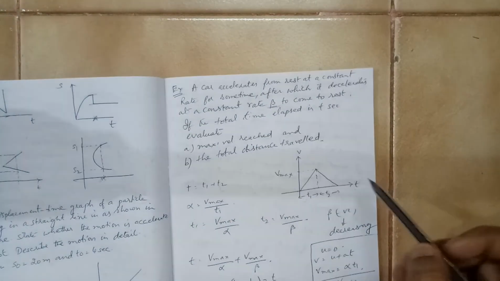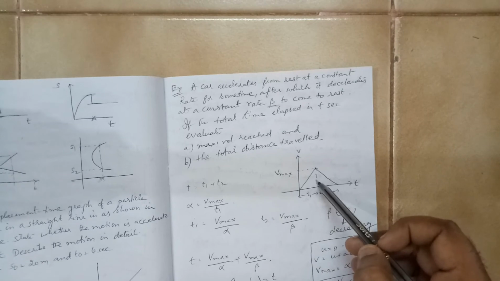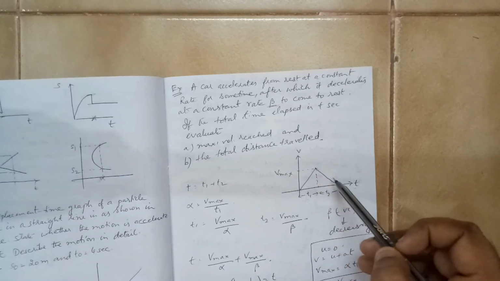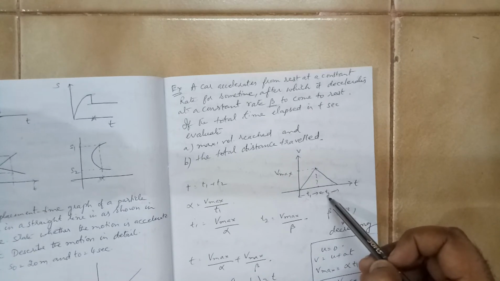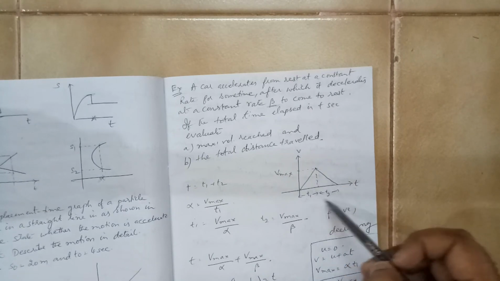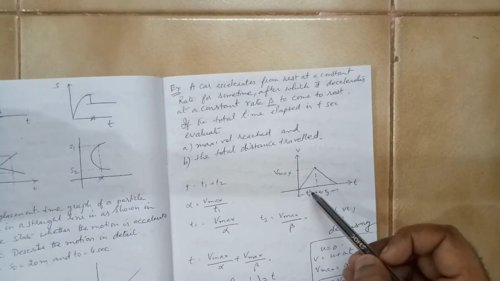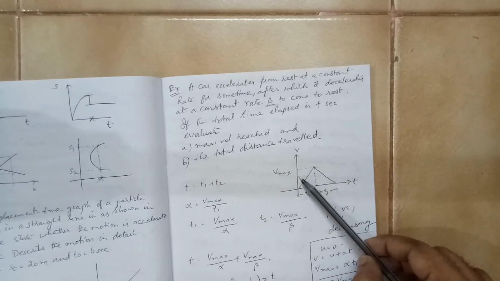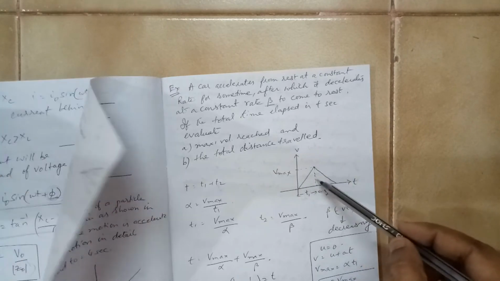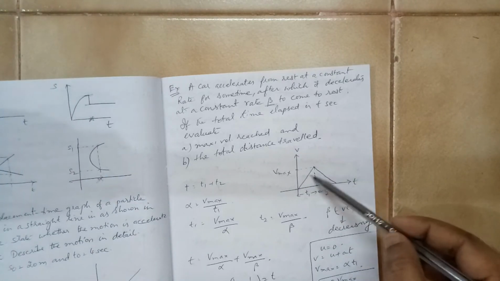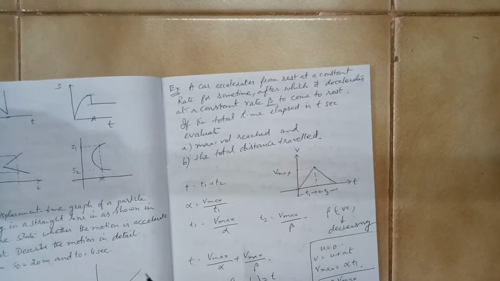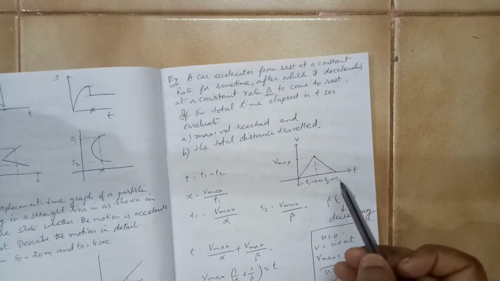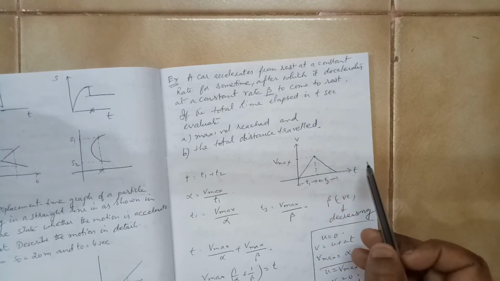Now, for some time t1 it went in the positive mode and it started decelerating. Let us say the time is t2. So what is the total time? It will be t1 plus t2. Here you are provided with a vt graph, so if you find the slope, you will get the acceleration. There are two portions here, two triangles, so you can find alpha and beta values. You need to note that beta is a negative value here.